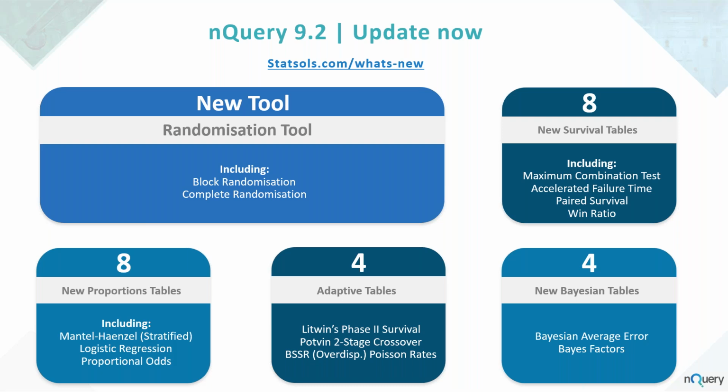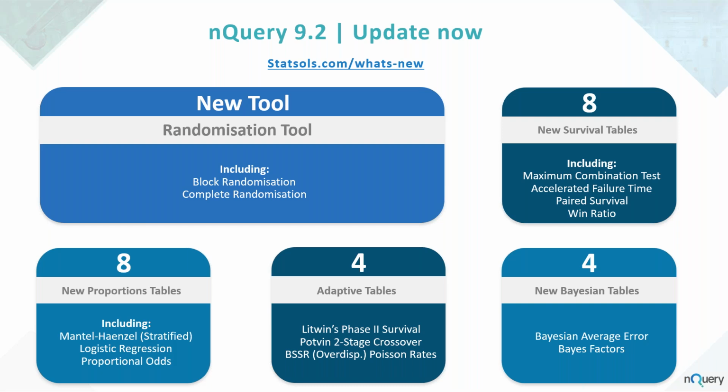And then also, we just saw pop up once again, the win ratio has also been included, both the normal win ratio and a stratified weighted win ratio, which I didn't have time to cover today, but obviously let us know if you'd like to see that table or see any examples of it. Okay, so then we've also included quite a few proportion tables, including the Mantel-Haenszel, both stratified and non-stratified cases, methods